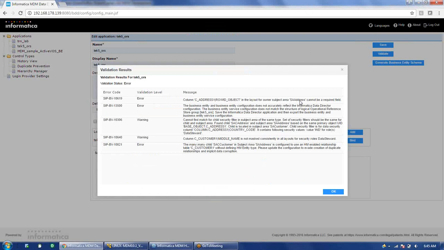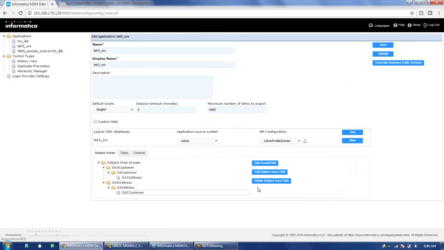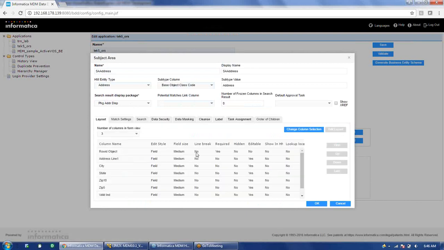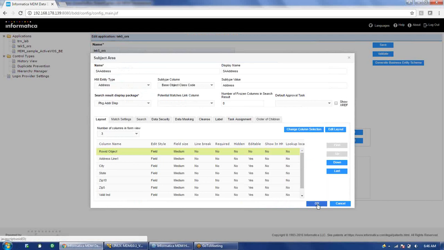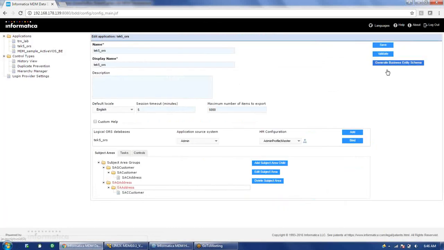The row ID object has been made yes again. So we will go back to the address, and here you can see the row ID object is again yes. Sometimes whenever we make these changes at the column level, it always becomes yes.